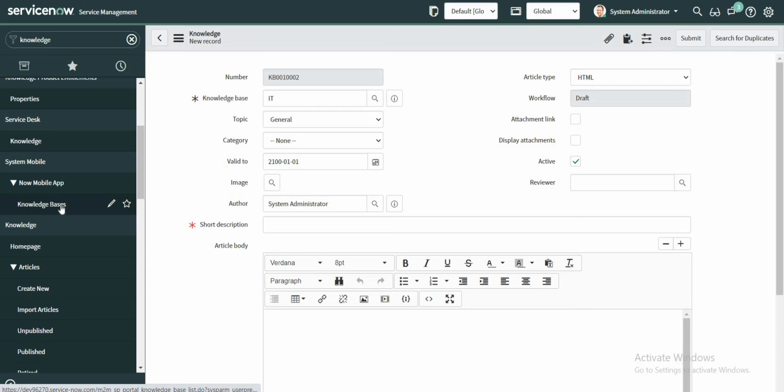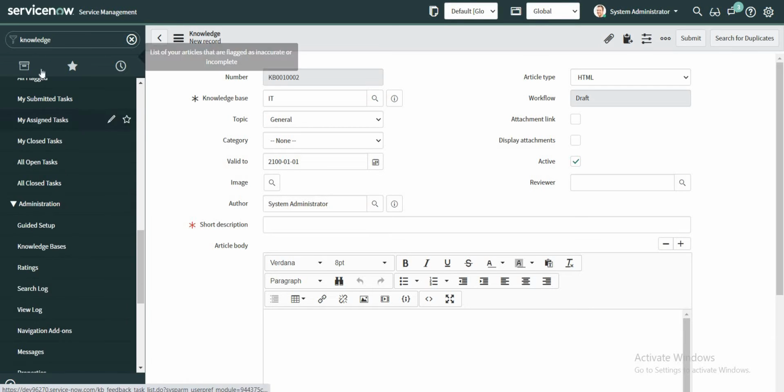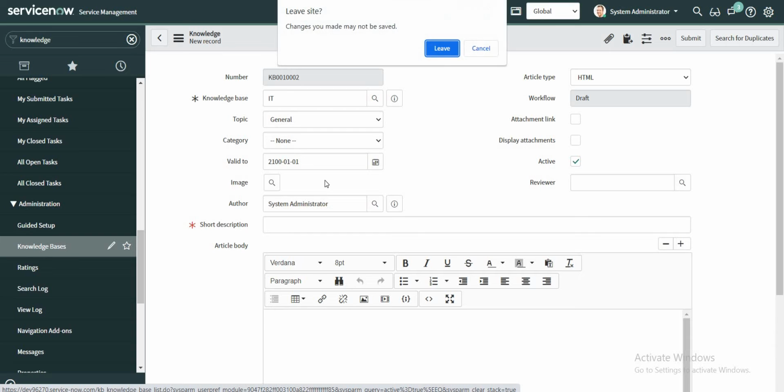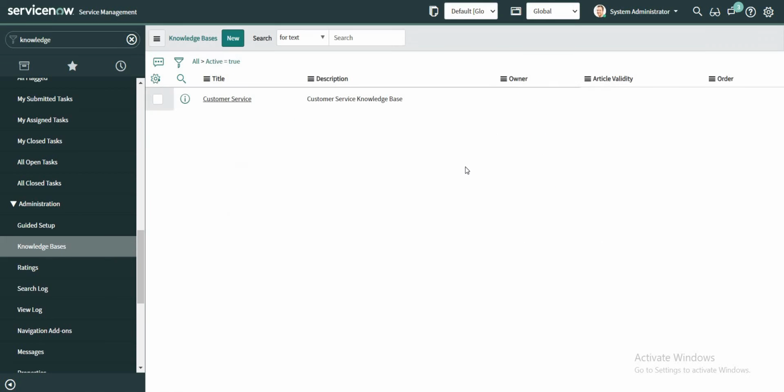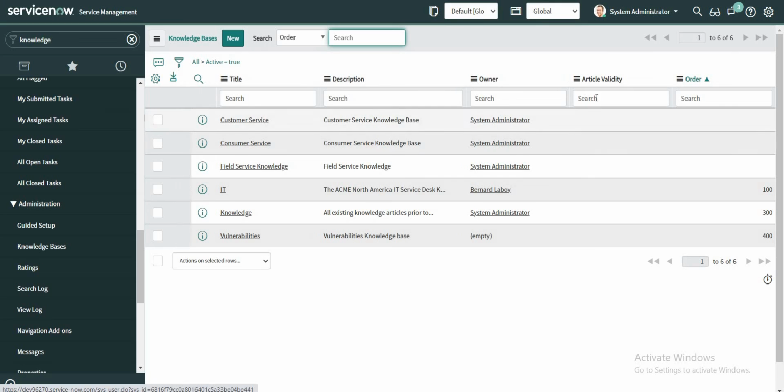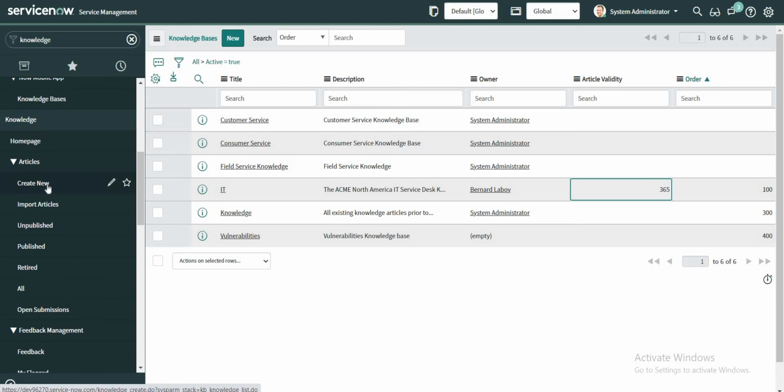To take a look at that, let me go to the knowledge base list. There's actually a field on the knowledge base form. The name of the field is article validity. If I want, let's say by default, to set my article to expire after 1 year based on the valid to date, then this is the field that I need to set up. So let's say I save article validity as 365 days for the IT knowledge base, and if I try to create a knowledge article now,